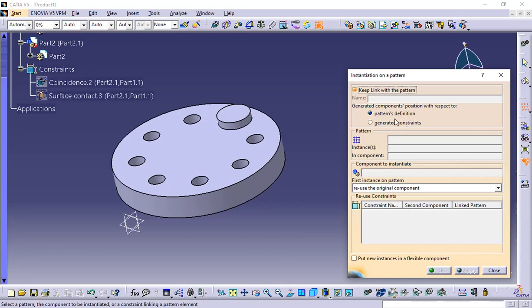The pattern definition follows the pattern that you used for creating the holes here earlier. The same pattern definition is applied to this screw head or the screw